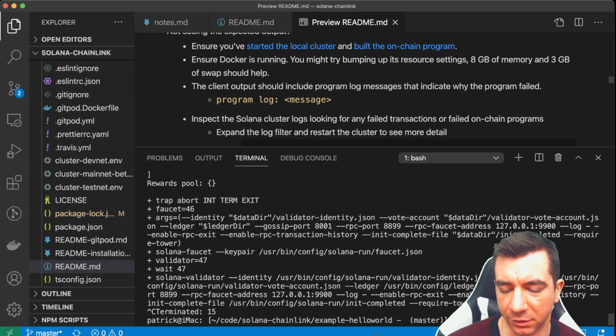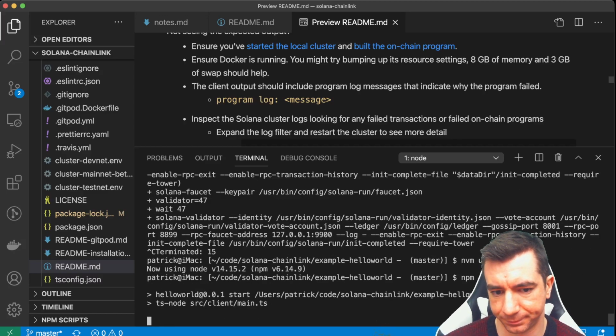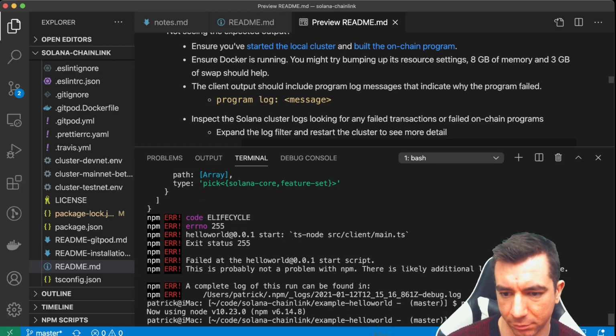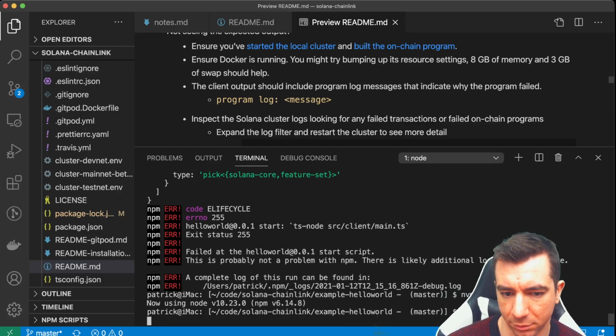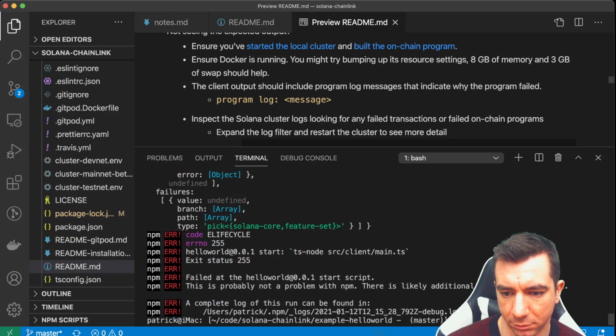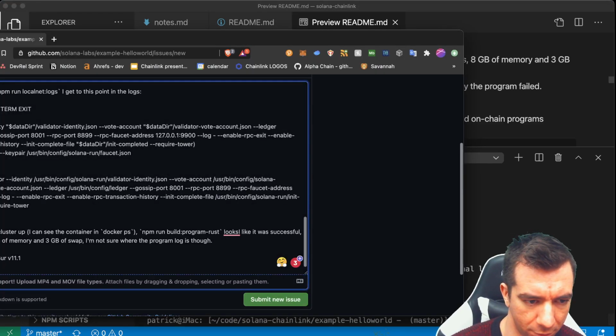Maybe I need to use a different npm, use 14. Maybe it's just the wrong... No, it could be the wrong version of Node. npm use 10. Yeah. Node